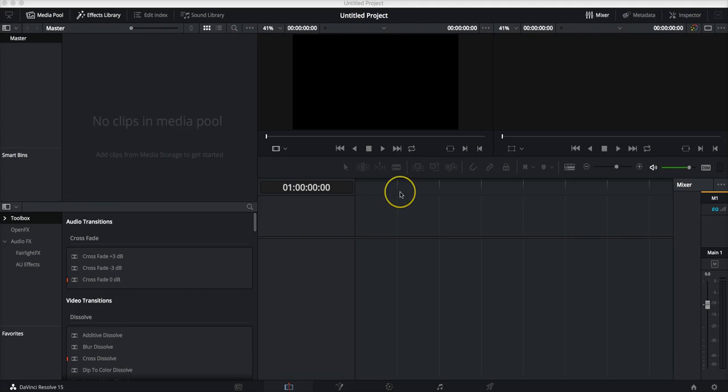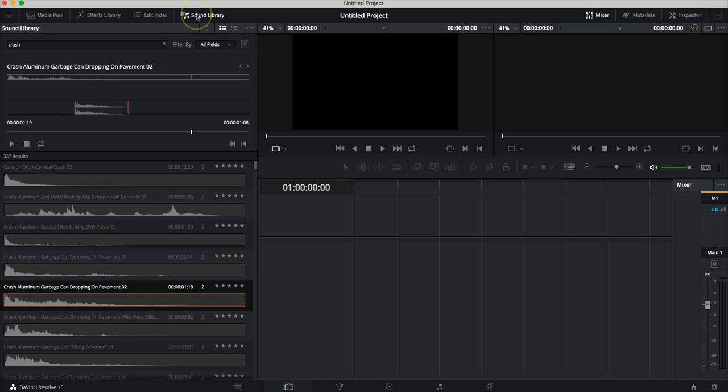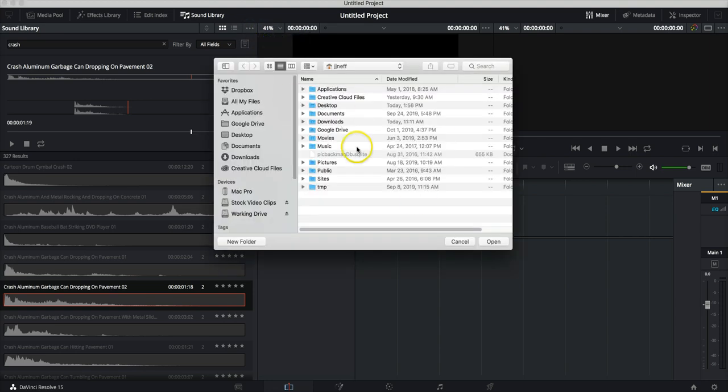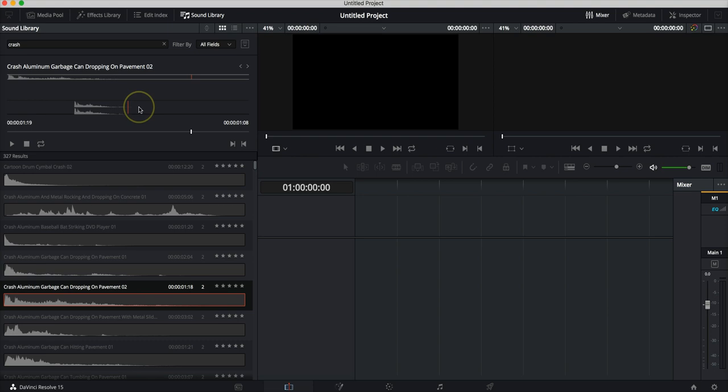Okay everybody, welcome to a tutorial on how to get sound effects, or actually any music you want to use, that you can get to often in DaVinci Resolve. And you'll see this little tab up here called Sound Library. I'm going to go ahead and click on that. And how I got this in here is you see these three little dots right here. Just click on that and you can add library, and from there you can add any folder you want with sounds in it. And I'm going to show you where I got my sounds in just a moment.